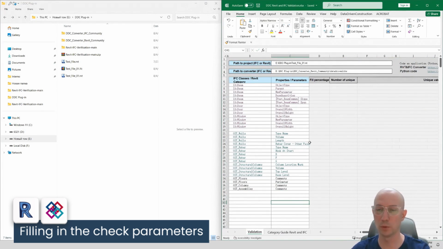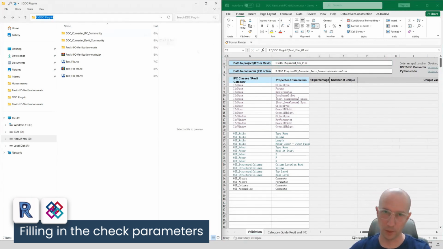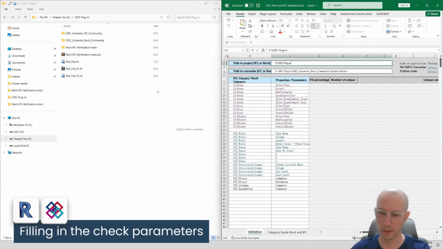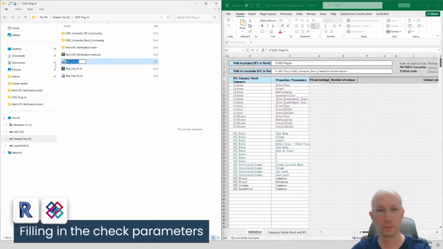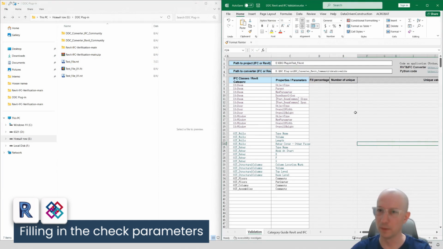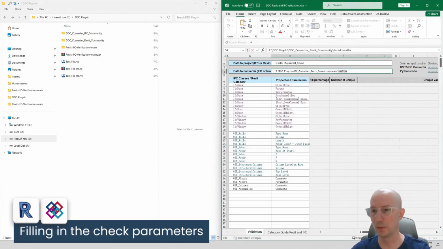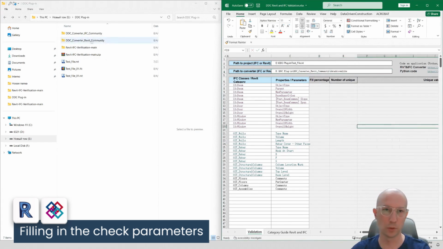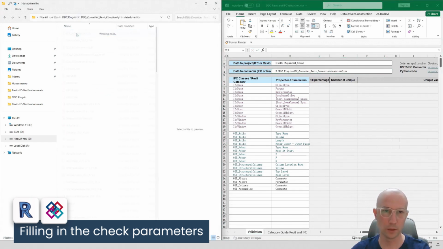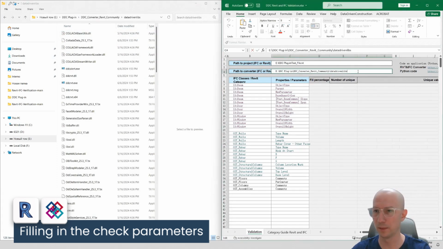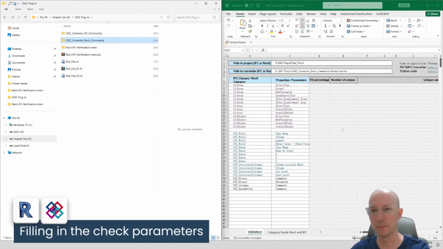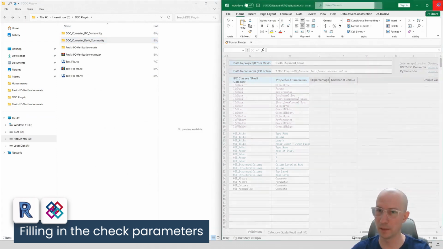Besides this, we also need to make a number of other settings. First, we need to specify the path to the file that we will be checking. We copy the folder path, paste it here. Add a slash, and I want to check this file. Copy its name, paste it here. We also need to specify the path to our converter, specifically to the data-driven libs folder. This folder is located inside the converter folder. Here it is, and I go here and copy and paste it. Well, it hasn't changed because it was already there beforehand. I go back. There. We save our Excel file and it needs to be closed.